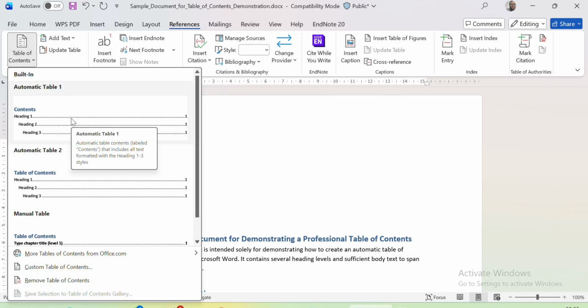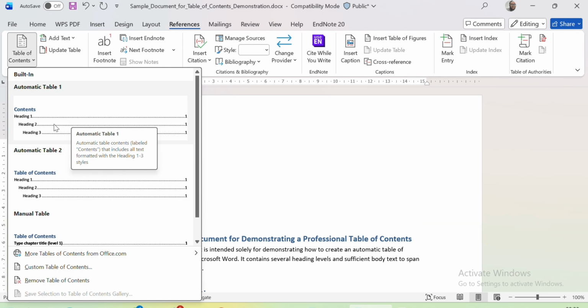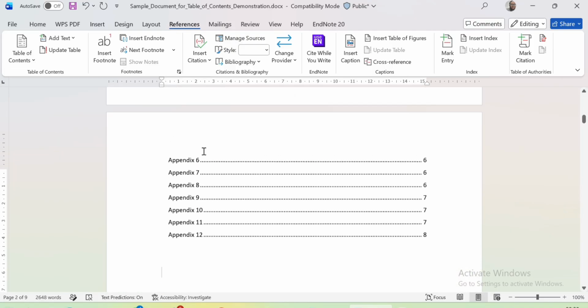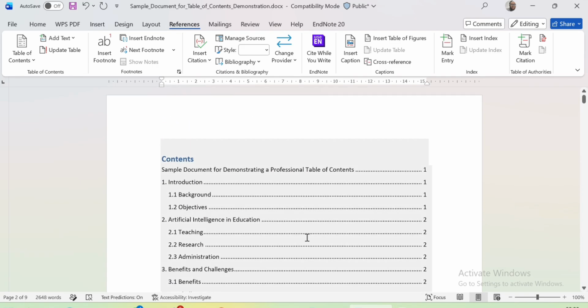Now there are different types that will come up. If you really don't know how to handle it so much, go for table 1, automatic table 1. That does help because it can update on its own, especially if there are changes to the document. Now this is my table of content. You can see